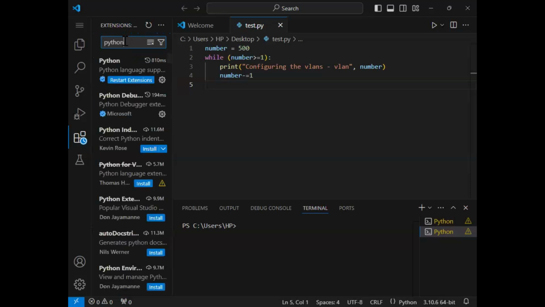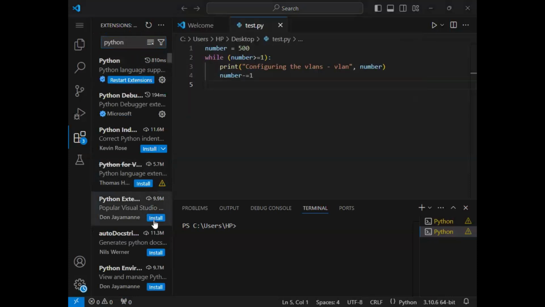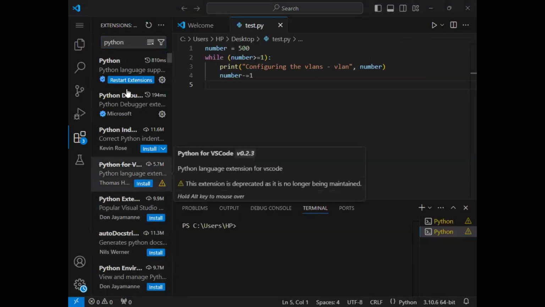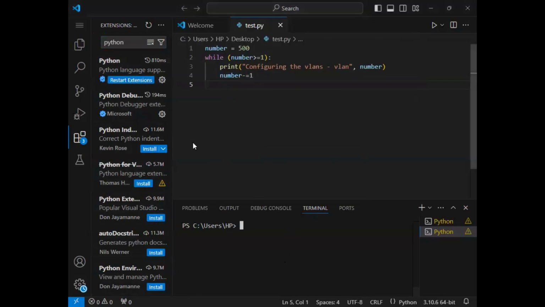The very first time, I am saying. The rest you need not do. You can see this is installed in my case. These extensions are not installed, so you need to click on install for Python, the very first one that comes up. Only Python, and it will get installed into your PC for Visual Studio Code.